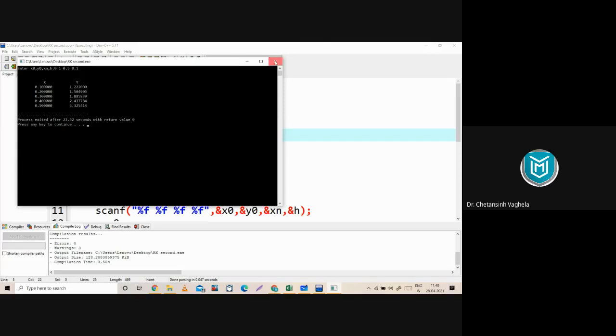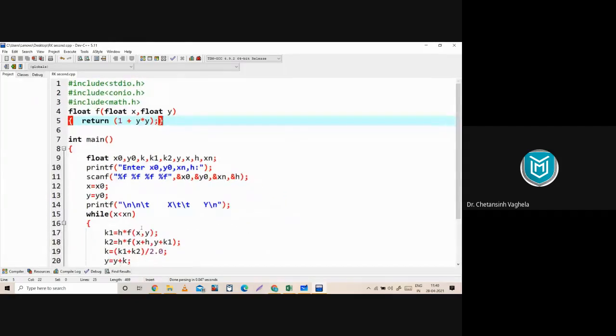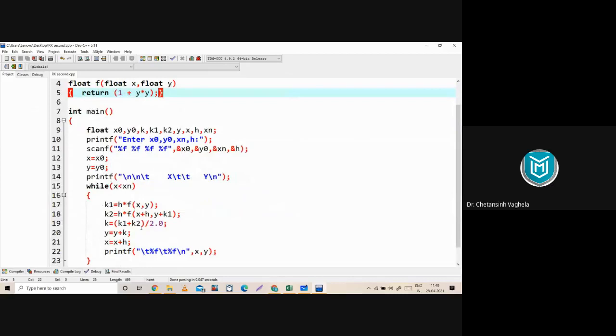Now I request all of you to take a screenshot of this program, RK second order, for your reference. Please take a screenshot of this.